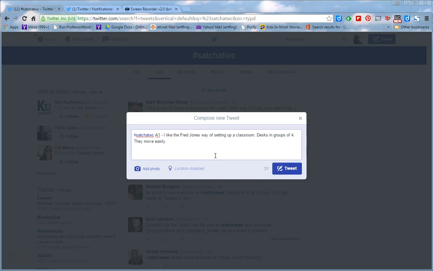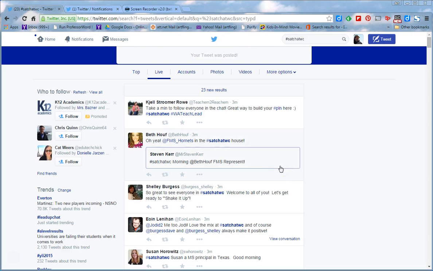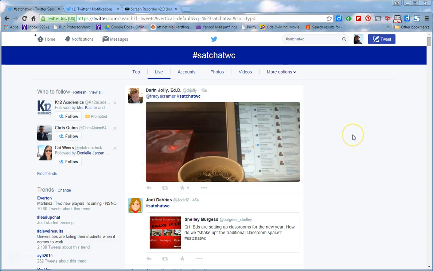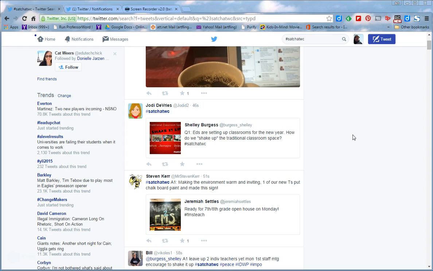And we move them around easily. You can see that that's what I've written. I don't know if I can really type and talk at the same time. So if you see me typing, I'll probably be quiet. And I wrote that I'm intrigued by the no desk idea, and I bet some of them will talk about that. That is a newish thing in teaching. I don't know if middle school classrooms are doing it or not, but